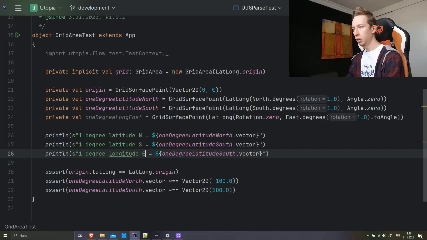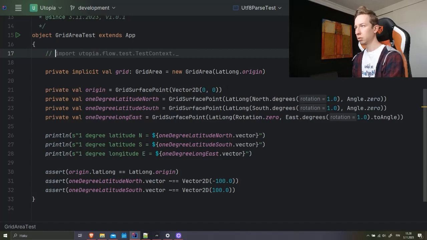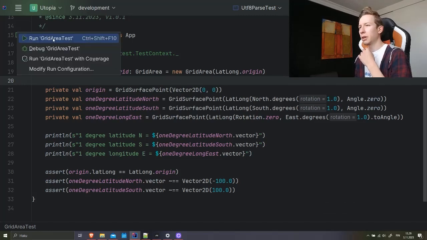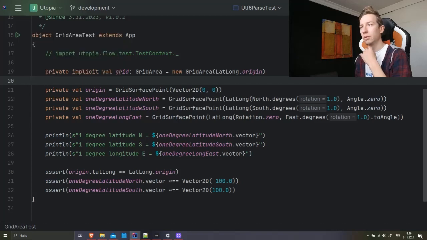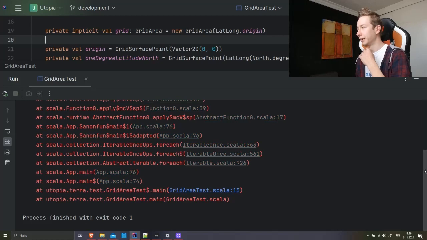Longitude east. Okay, so we didn't need to test context, so let's just comment it out. Let's see what happens. We most likely will encounter something we didn't expect because we went so long without testing stuff. That's something I need to work on myself, kind of building more discipline in testing and also more understanding in testing. Yeah, right. Because